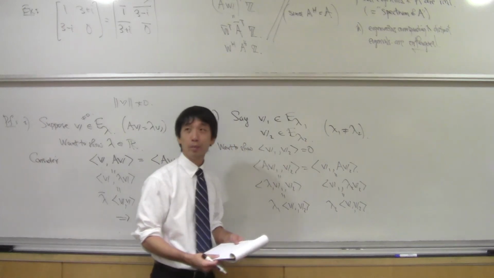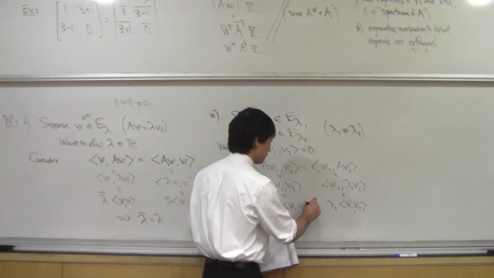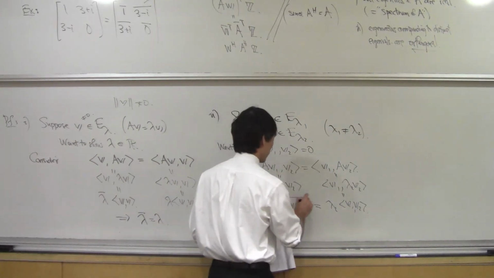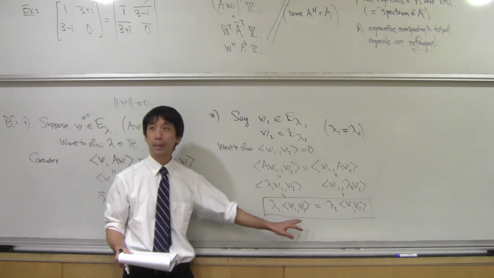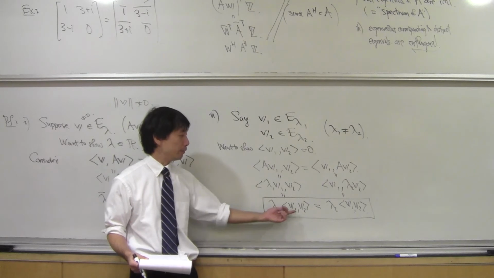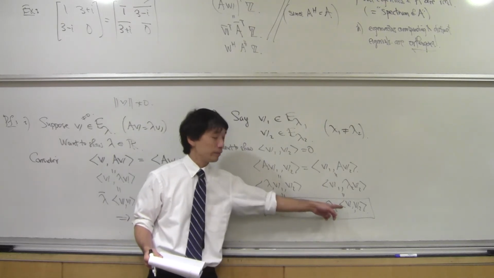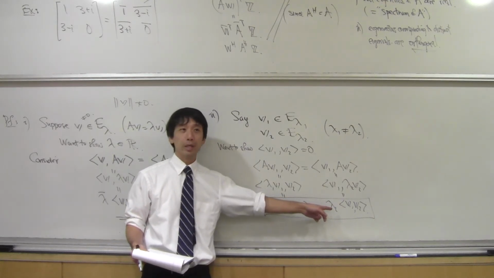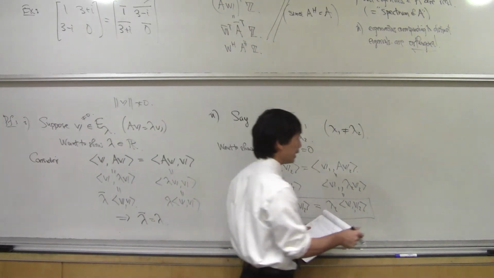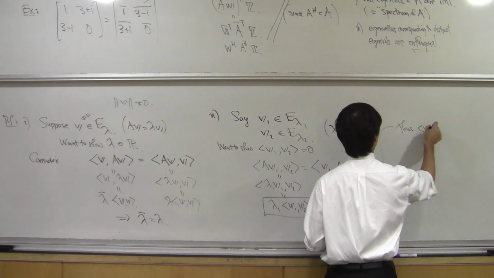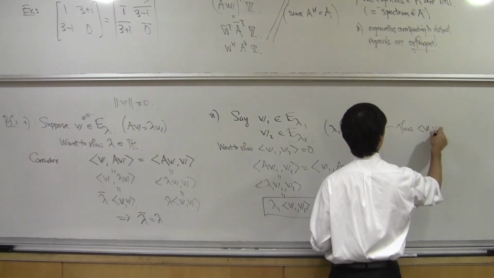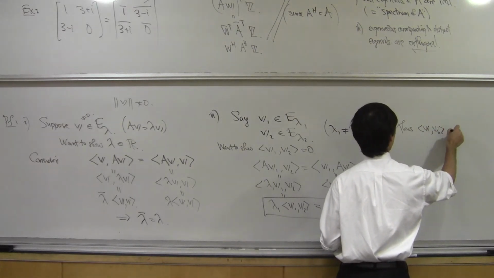So you get lambda 1 V1 V2 equals lambda 2 V1 V2, and that implies that V1 V2